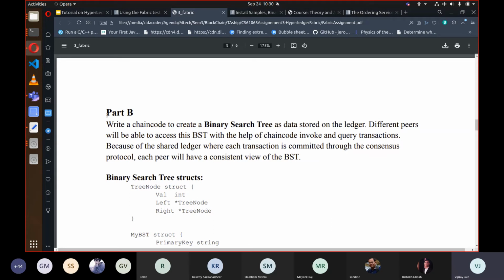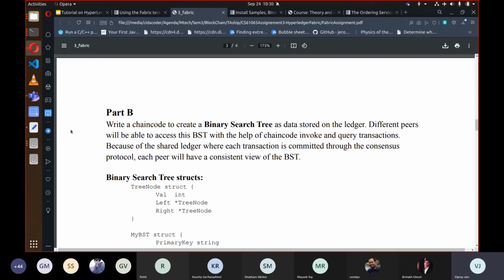Okay, so we come to part B. It is a little bigger than the last one. In this case, you need to write a chaincode in which we are storing a binary search tree as data on the ledger. As we showed in our test network, there are two peers, peer 0 of organization 1 and peer 0 of organization 2.